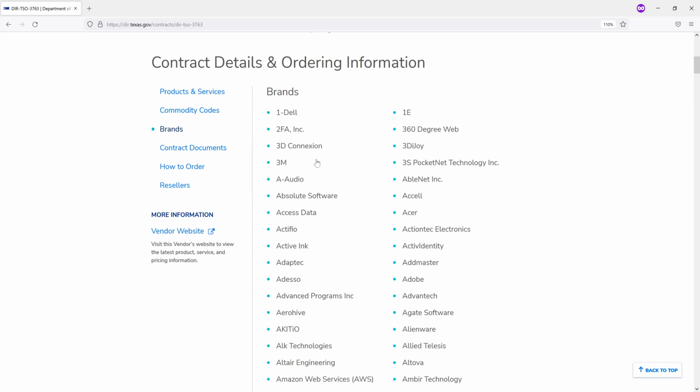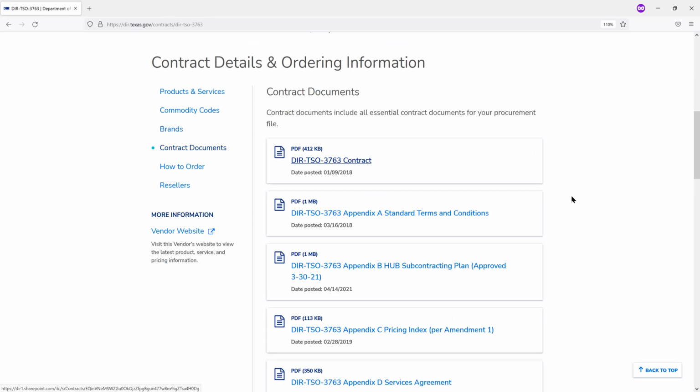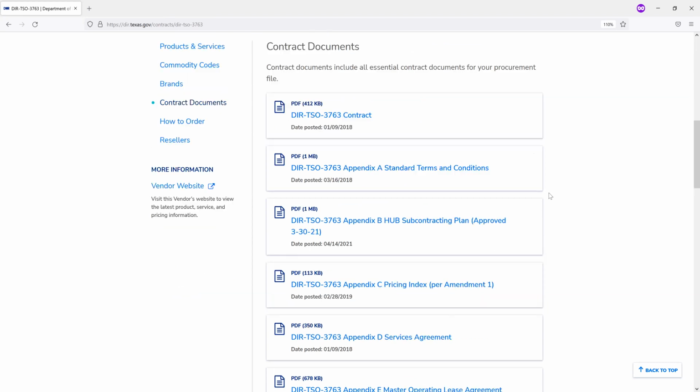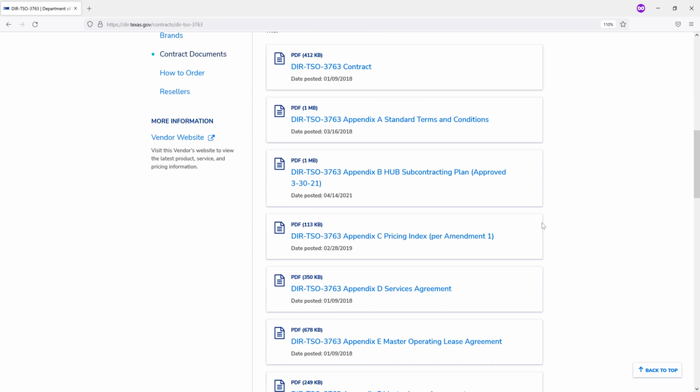Contract documents, this is where you're going to be able to download the actual documents, as they are either amendments or the contract itself or the RFO, signed documents, terms and conditions. They're all going to be here on contract documents. And if you scroll through, you'll see, because this is the main Dell branded contract, there's a lot